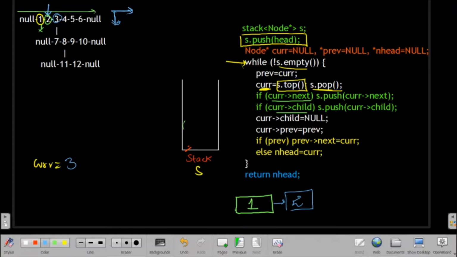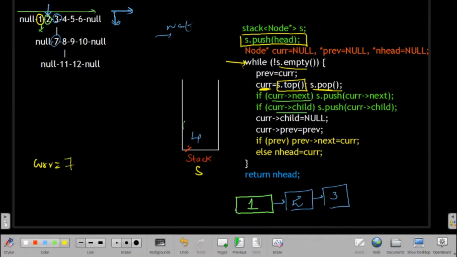So first I will insert 4 here, that is the next node, and after that I see I have 7 as a child node. So after that I will insert the child node, and I will create one node and I will also insert this current node, that is 3. Again after that I will pop out the top element and I will store it in 7, and 4 will remain in the stack.